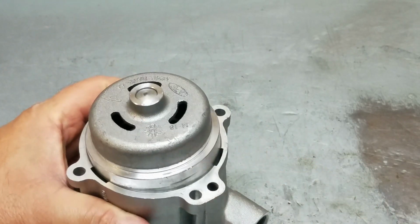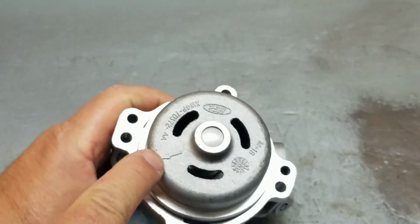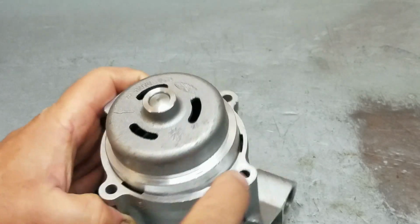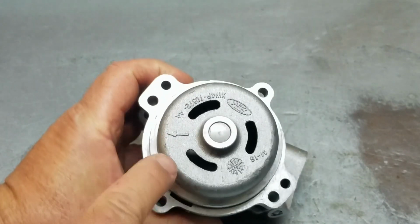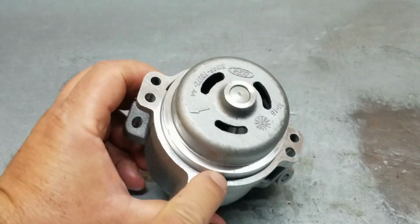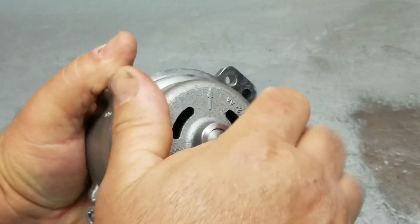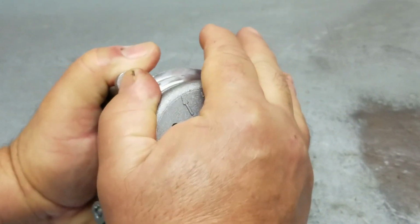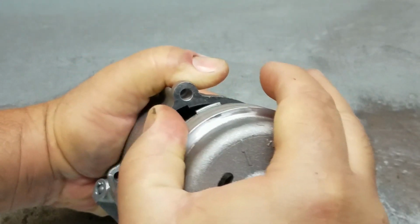Now the next thing we're going to do is you can remove it where the arrow is and it says open. You can align the arrow to any other notches, but usually it's going to be on here, like in between the two notches. So now here you want to press in and hold it. You want to keep pressing because there's spring tension. Once you align it, slowly bring it out